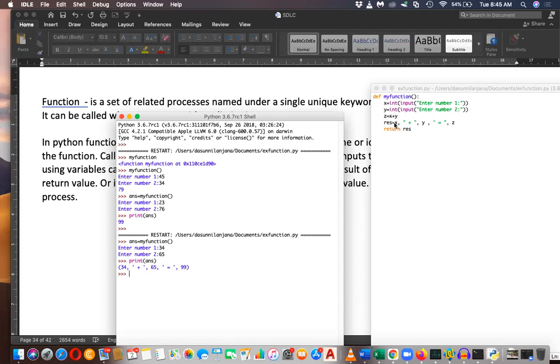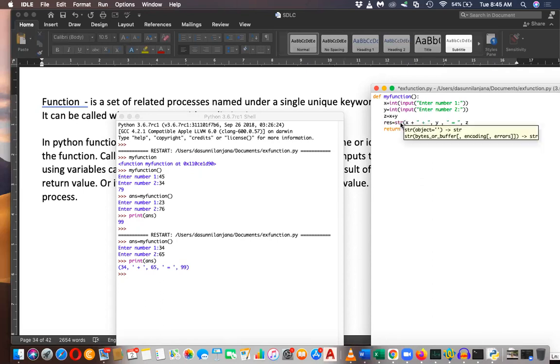So what you have to do is write this as a string: str x plus str y plus the equal sign and the string version of z. Otherwise, it will be given as a tuple.